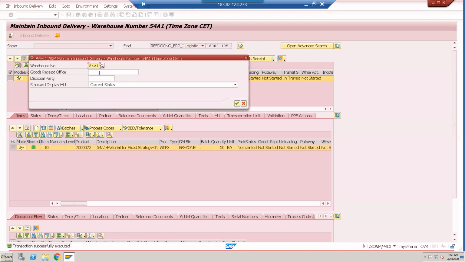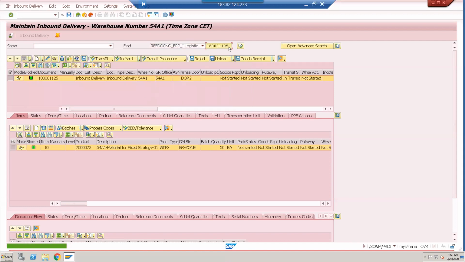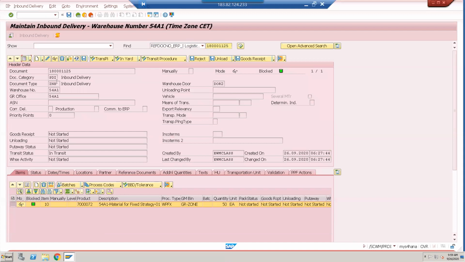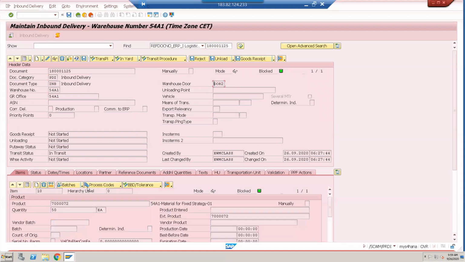54A1. All this information is not needed, but if you have a GR office, you can enter it, though it's not mandatory. Close it. Execute it. So this is my inbound delivery, this is my warehouse, and this is my GR office. It will be configured to go to door number 2, and then first how it is going to be